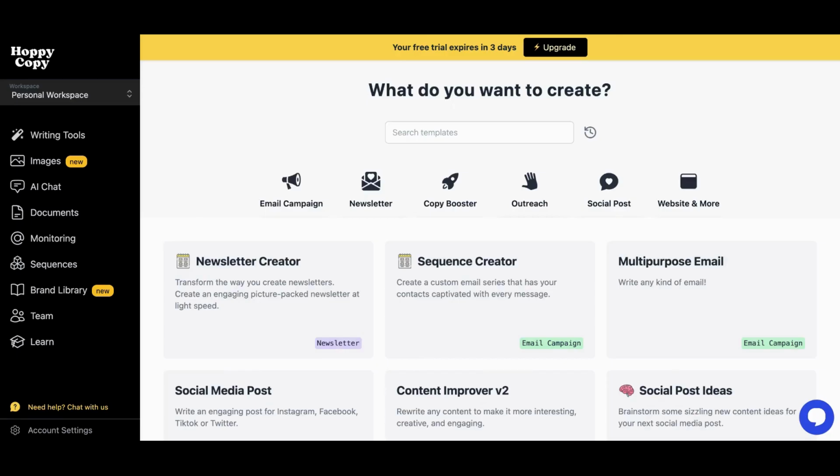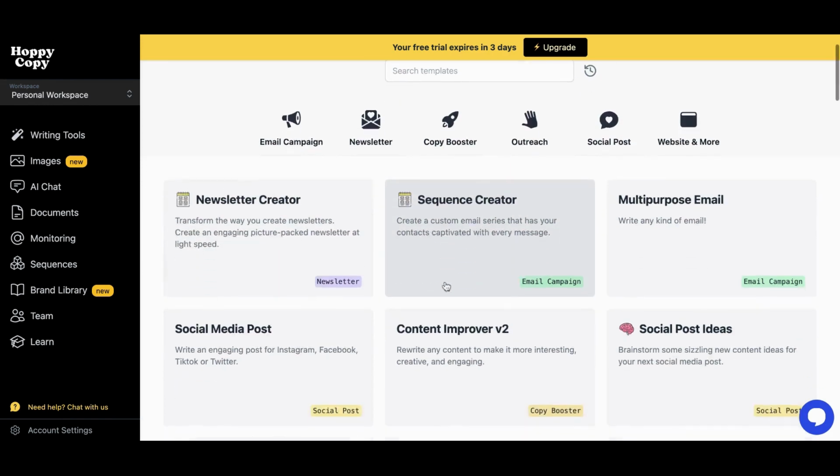So this is Hoppy Copy, a relatively new AI tool that will help you with your email marketing. You'll see here that I'm actually under email campaign at the moment, and there's newsletter creator, sequence creator, multi-purpose. So there are all these different ways that you can use Hoppy Copy to help you write your copy. I wanted to show you one I've already done, and then we can also look at one that we